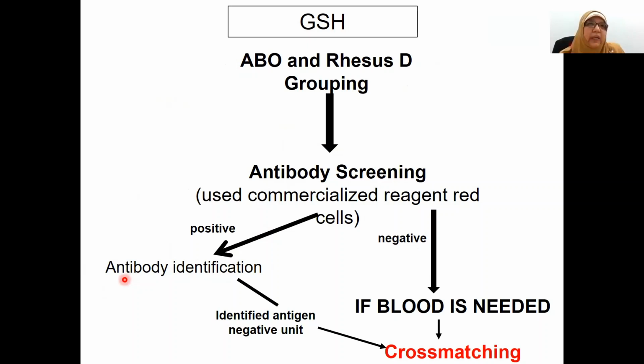So we'll tell you, okay, please wait, because once the antibody is positive, we need to identify what the antibody is, and we have to look for antigen-negative units. Sometimes the scenario is, when we say the group screening is positive, there's an antibody, you cannot proceed first. You have to wait for us to get the blood, because we have to convert to cross-match because of this antibody,